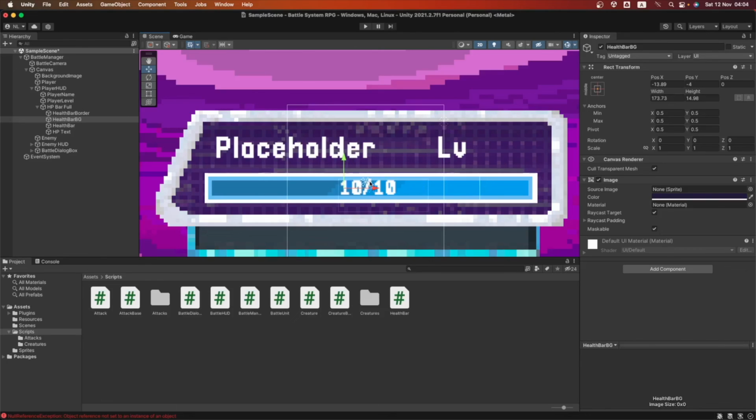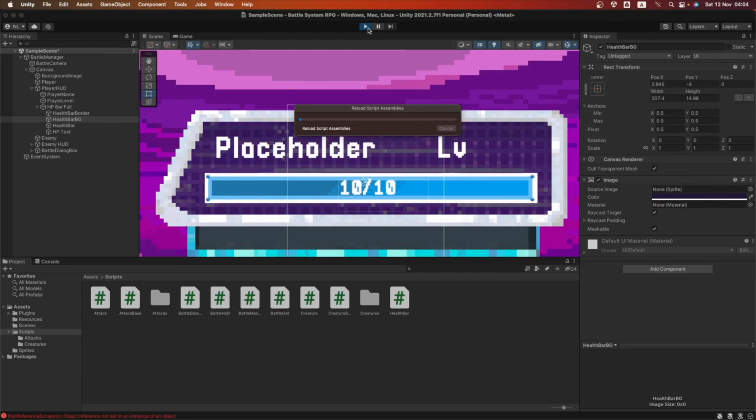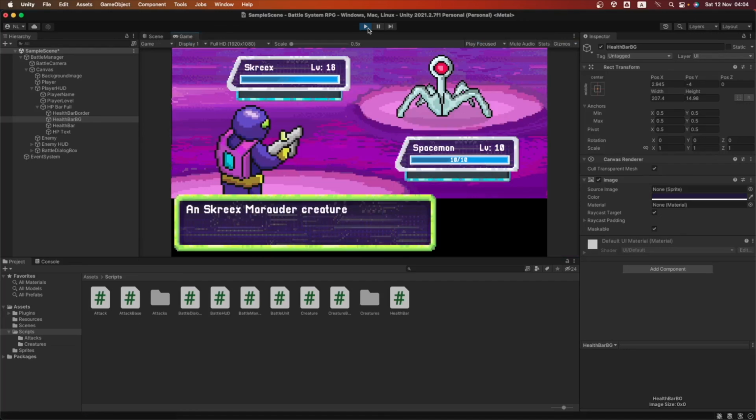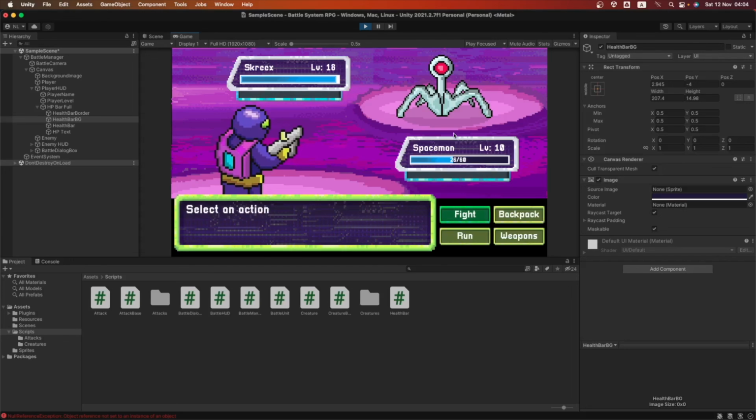Let me see that there. Yes, I want to scale that. So I'm going to select it and scale it up to there. Let's try how this looks again. Let's press play. Oh, there it is. We can see it. We can get the attack, and now that is looking much better. Even when we go under these numbers, we are still going to be seeing the health points text.